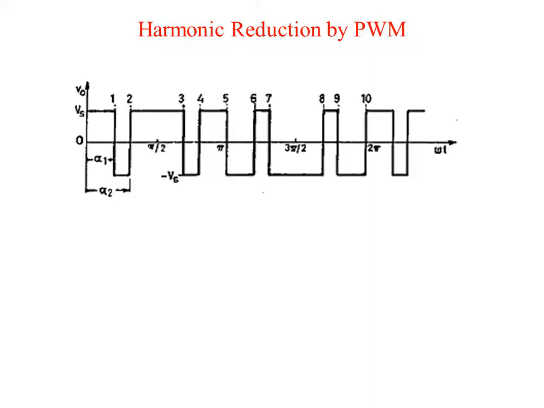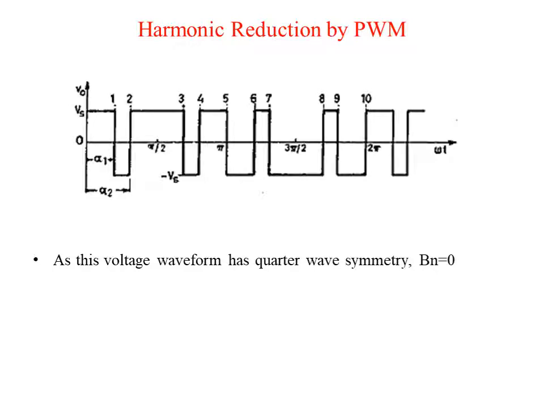The waveform shown in the figure needs 10 commutations per cycle, that is equal to 360 instead of 2 in the uncommutated wave. The voltage waveform shown in the figure is symmetrical about pi as well as pi by 2. Now, as this voltage waveform has quarter wave symmetry, that is Bn is equal to 0, then